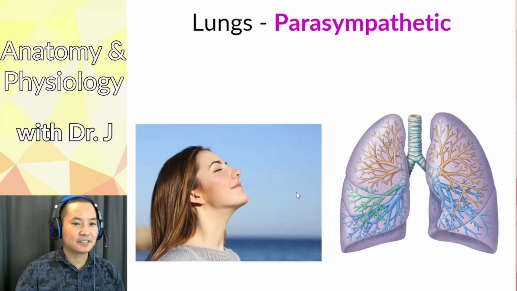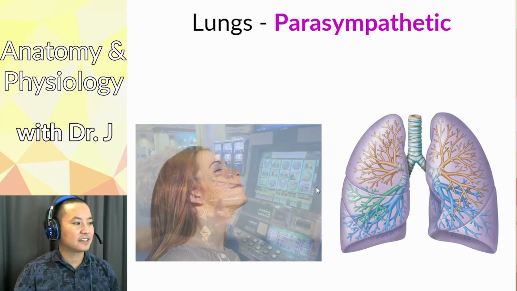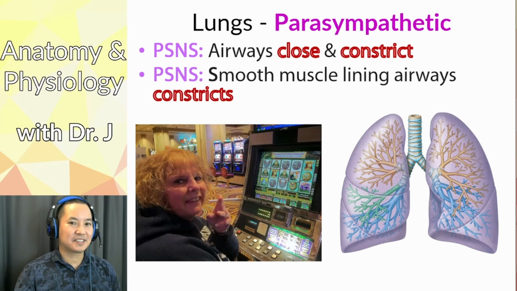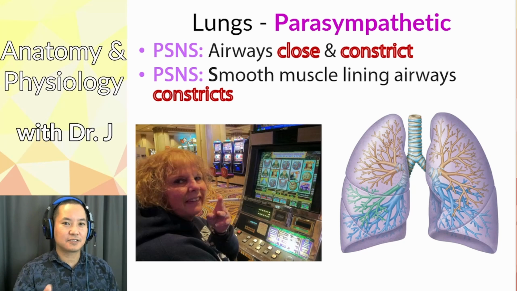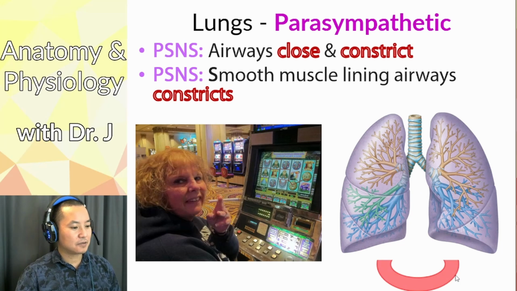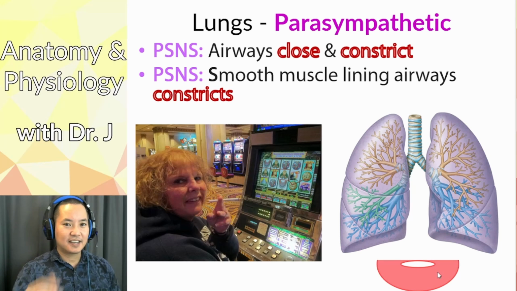Now parasympathetic, what is it going to do? Well, the lungs are dually innervated, and it's going to cause the airways to close and constrict. Now you might think, oh, that's kind of weird, why don't we have it where we're relaxed? This is where it's often confusing. They think parasympathetic is going to relax everything. Not in this case. The parasympathetic in this case is going to undo the widening you would have with sympathetic activity. It's going to constrict and narrow the airways. So parasympathetic activity in the lungs is going to cause the smooth muscle to constrict, thereby reducing airflow into the